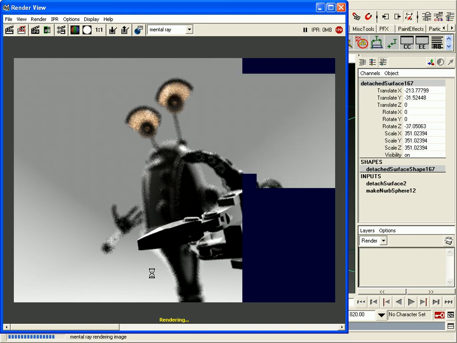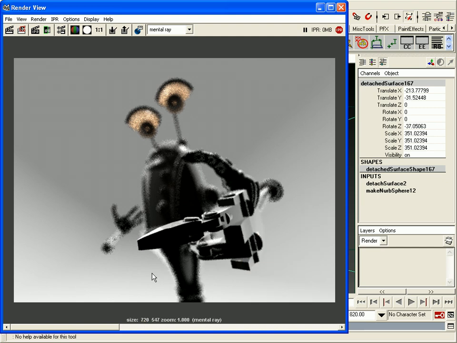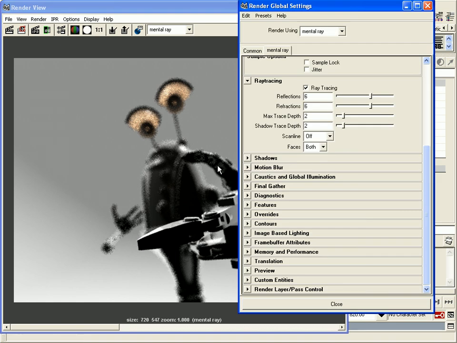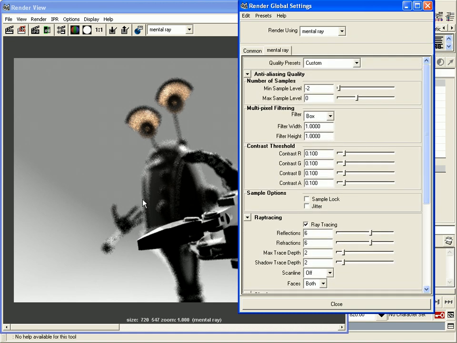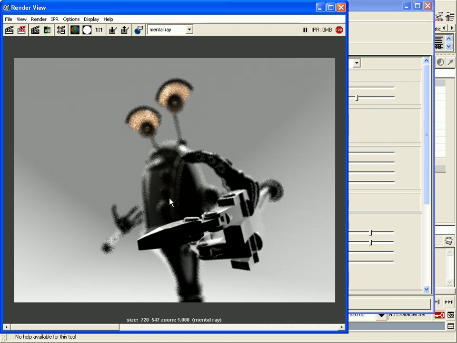There's a lot of aliasing going on, and that's because depth of field is going to require a lot more samples to be taken within this scene than what we currently have. So by adjusting my sample settings, I can alleviate this graininess and I can tune this back in. So that's what we're going to do. I'm going to pick a small portion of this render to tune up, and we'll adjust it down so it's nice and smooth. So I'm going to select this portion right here,